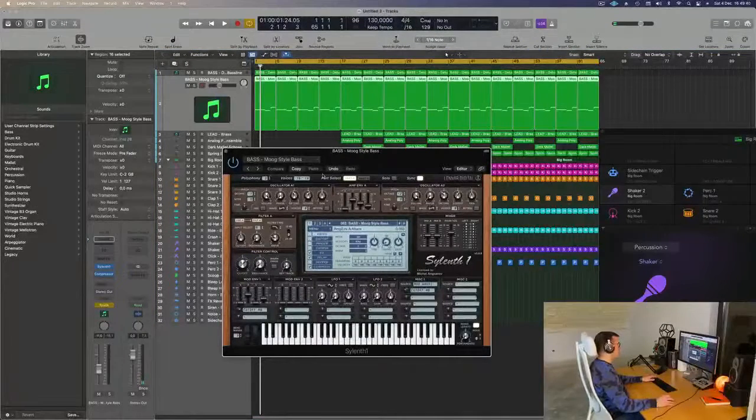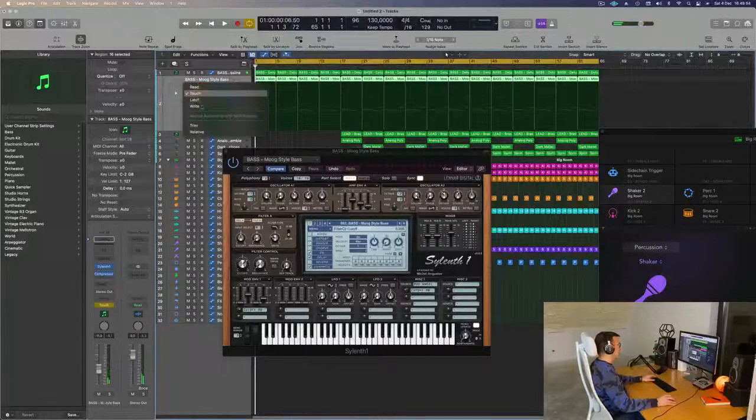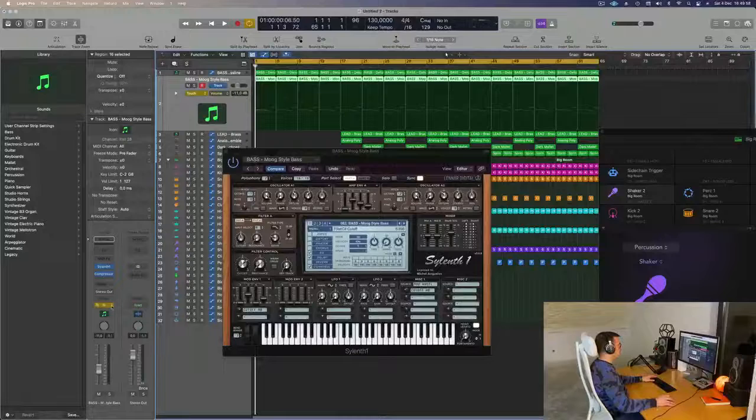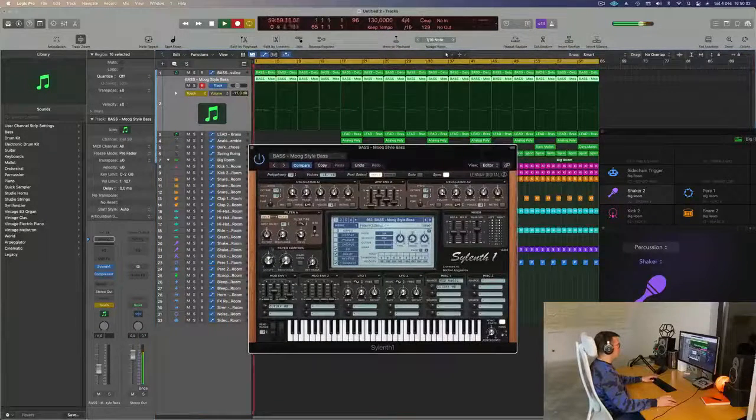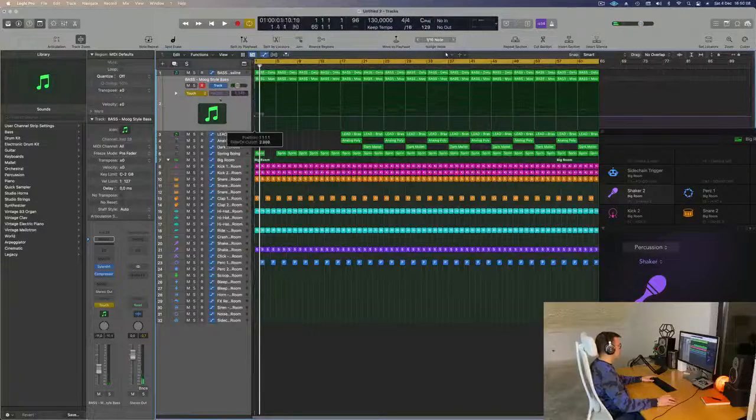I'm going to go to Sylenth1. I'm going to start this and I'm going to, well, record. It's not re-recording, but it will record now here. And then I'm going to do A to see what I got. Oh, it didn't record, so I have to put it. Oh, it was there. It was a bit of a bug somewhere. So